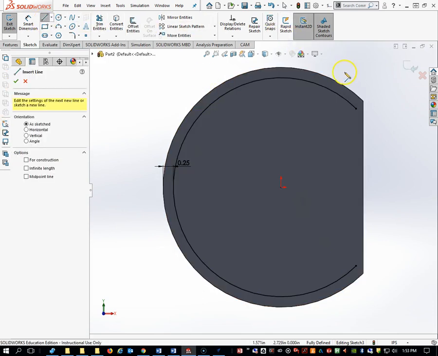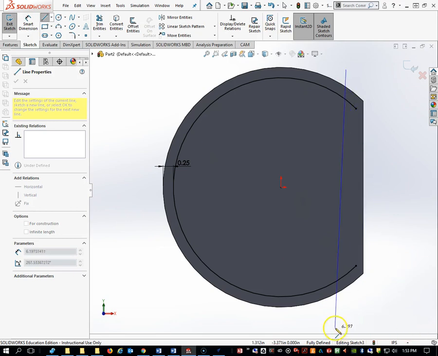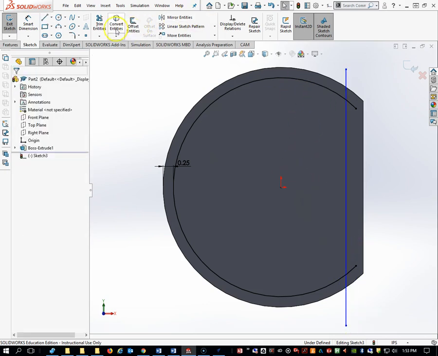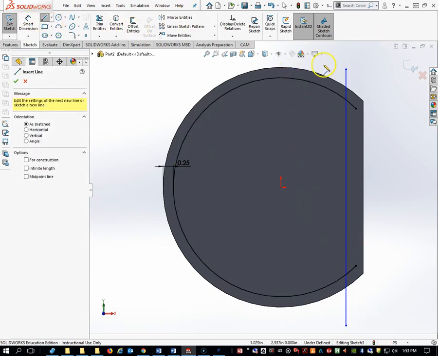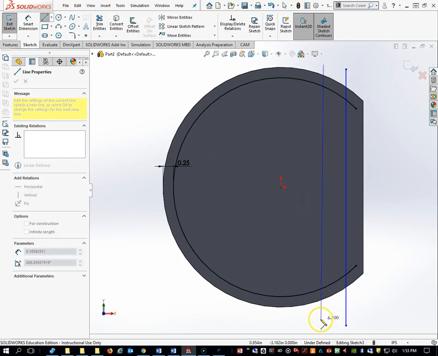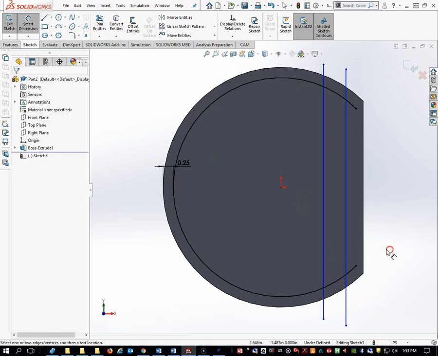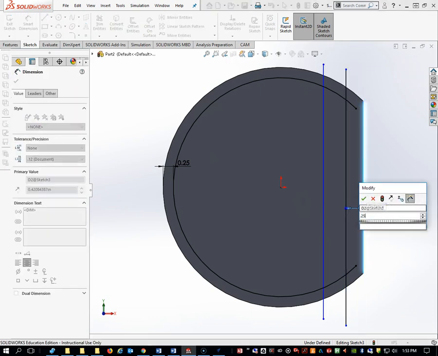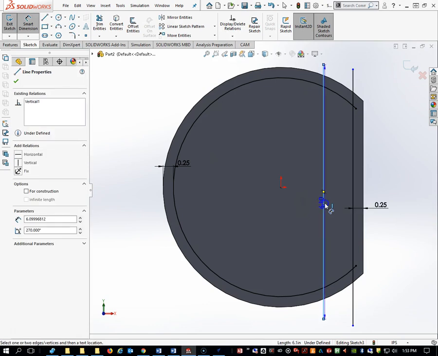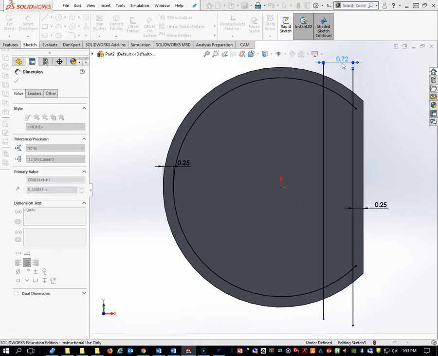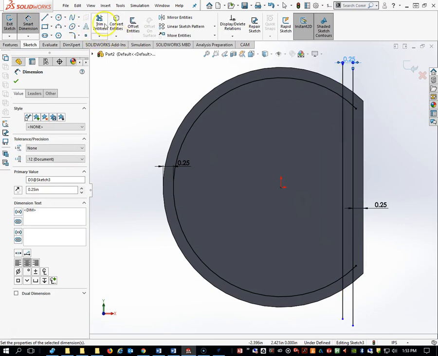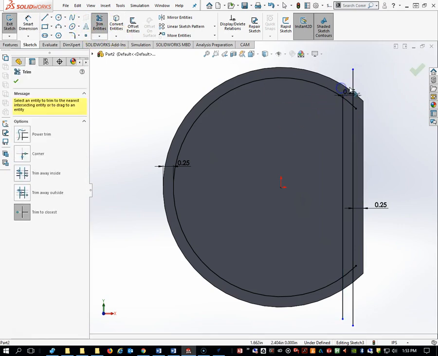We're going to draw 2 vertical lines now. Make sure you get the vertical symbol. All right, one more. Grab our dimension tool. This first dimension is critical. This is 0.25. Actually, they all need to be correct. Also 0.25. And then we're going to grab our trim command and get rid of all of these pieces that